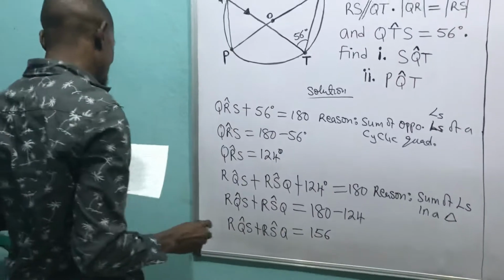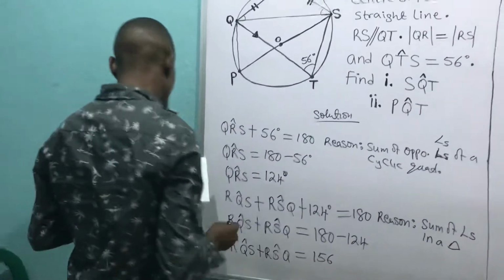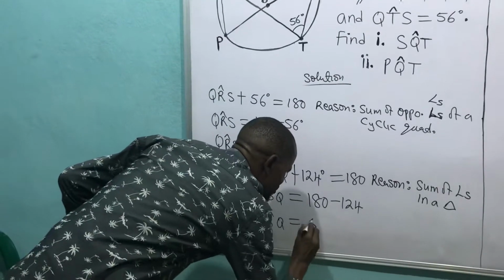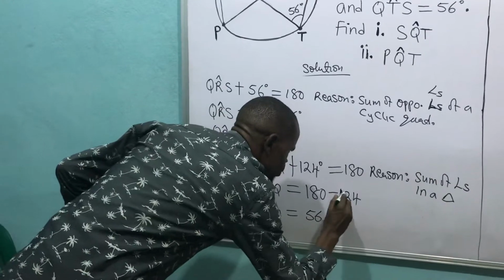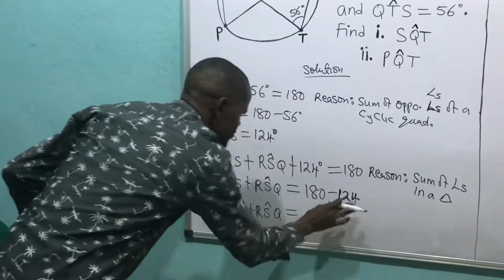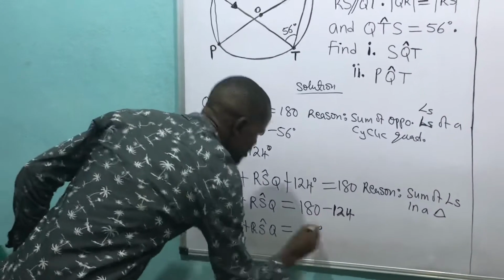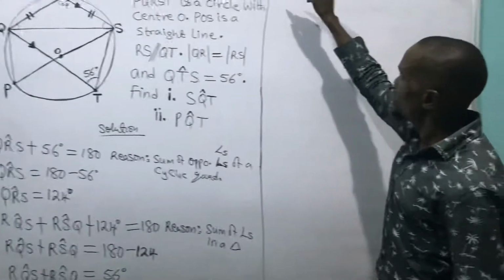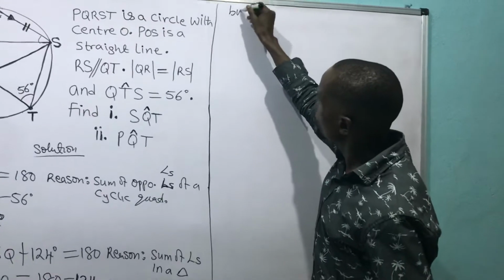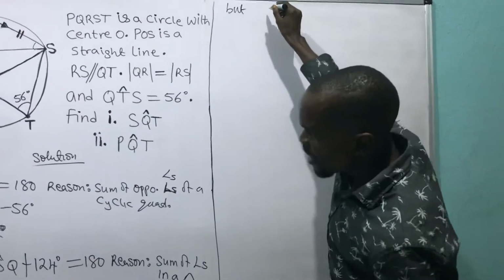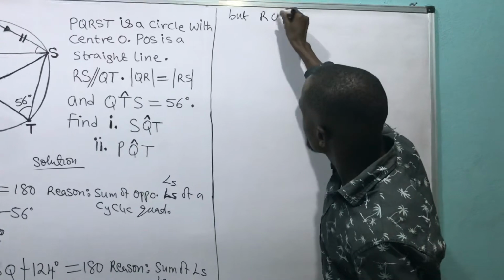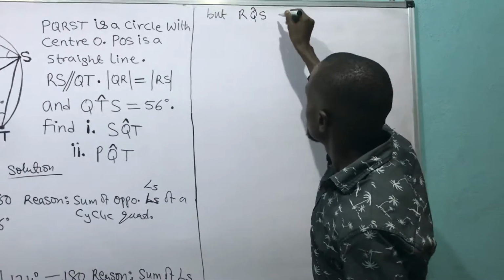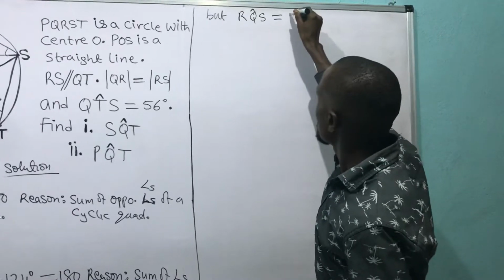That gives me 156. This minus this will give me 56. That means 180 minus 124 will give me 56 degrees. Then now we move on, and I said that angle RQX is equal to angle